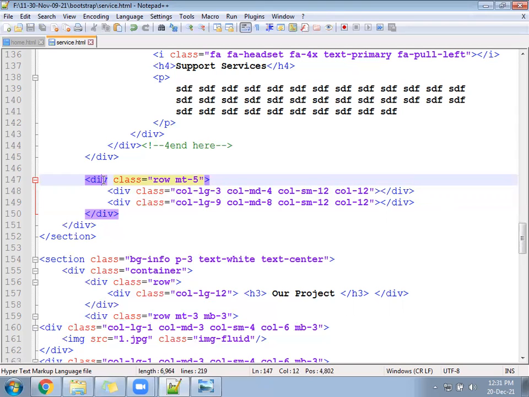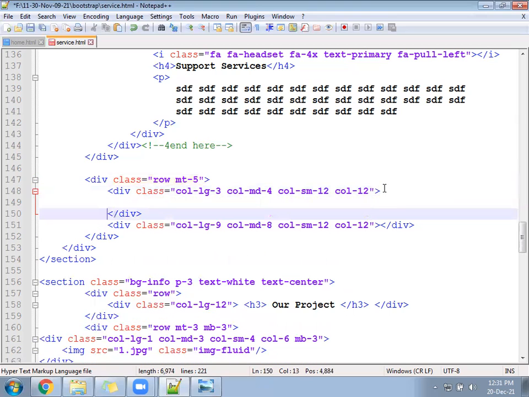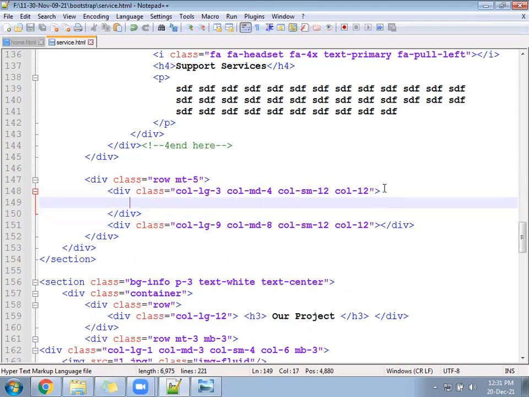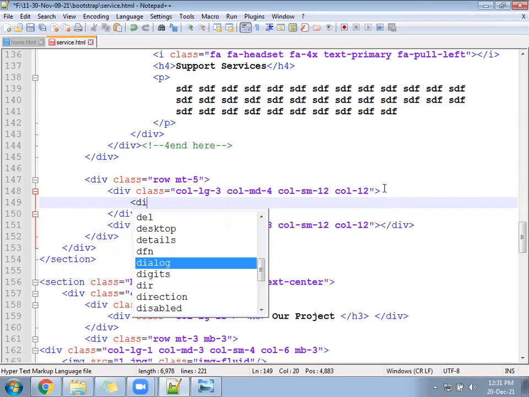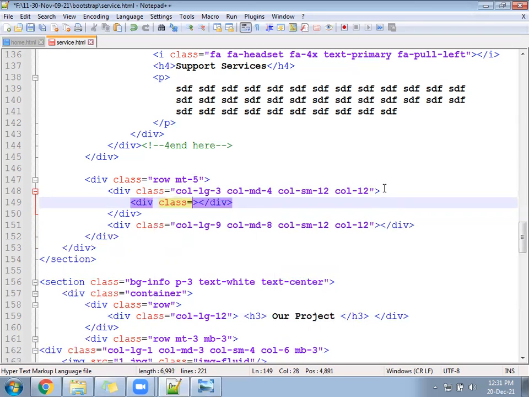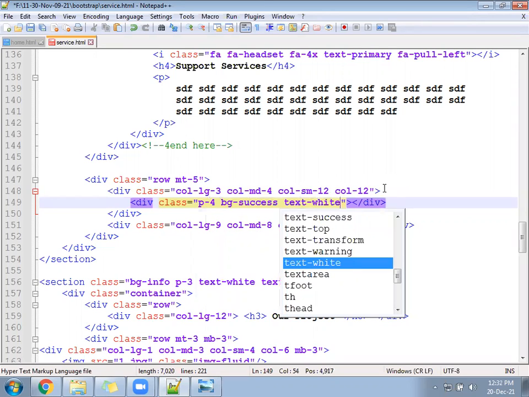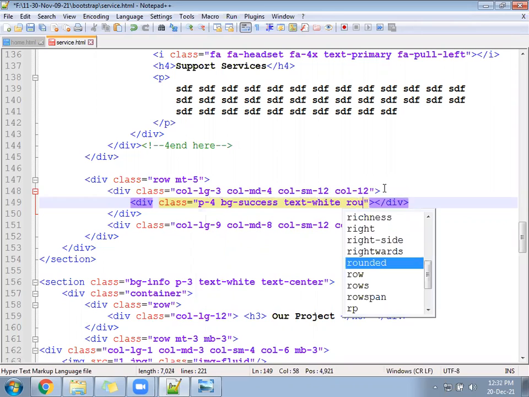Ready? MD4, come inside. Col-lg-4. You will follow the div, class equal to p-4, bg-success, text-white, rounded.